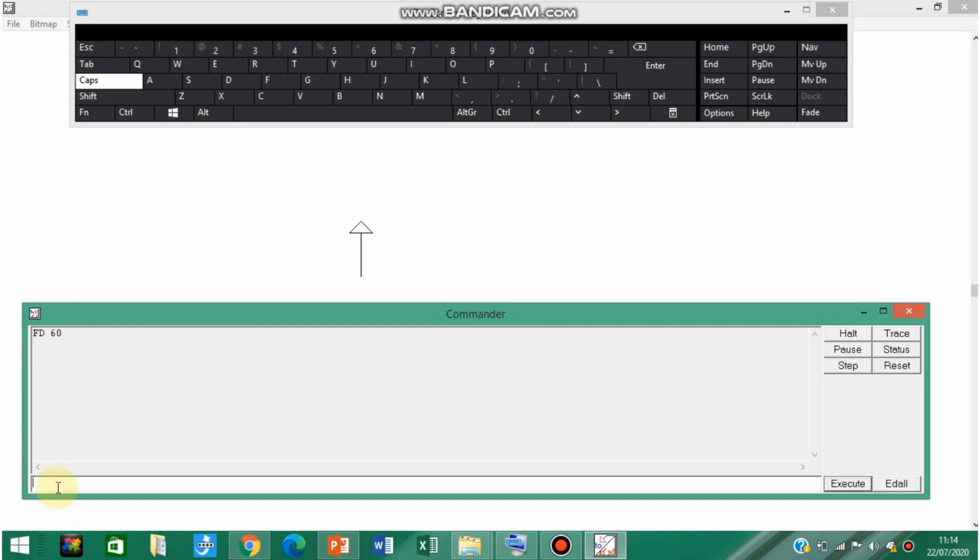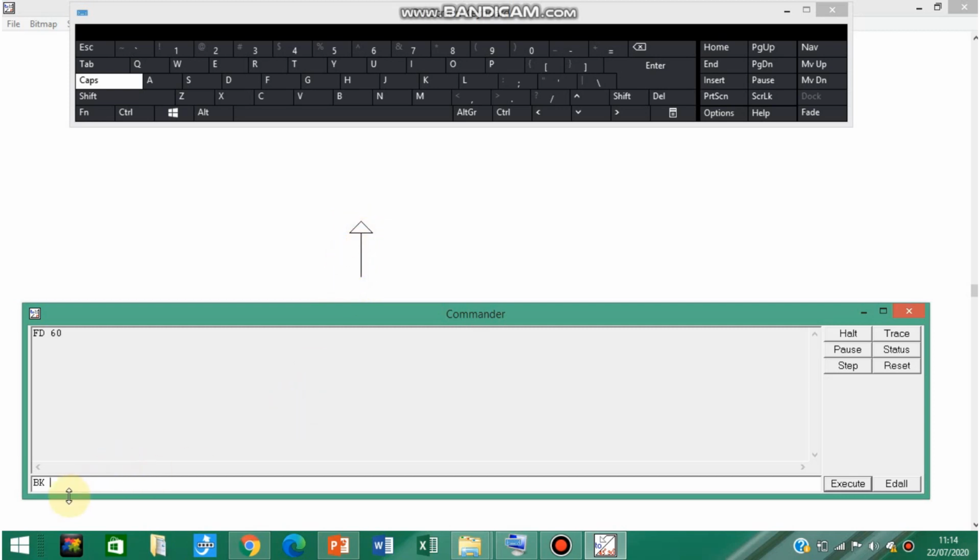So the next command is backward. Backward in logo language we write as BK. BK stands for backward in logo language. It will move your turtle in the opposite direction of its head. Now your turtle is in the north direction, so the opposite direction is downwards.